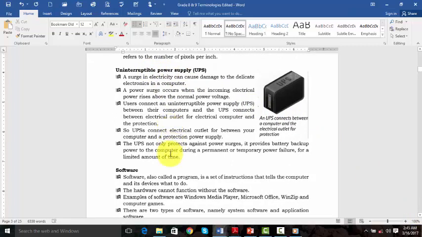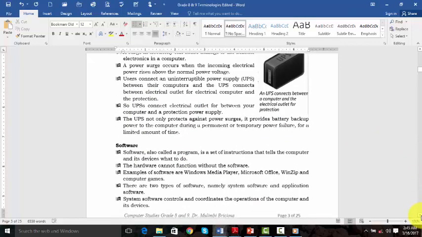One, it protects our computer systems from being blown off. Even at home, if we have a television, power will go and come back with high voltage, and that power may end up blowing off the computer system or the television set. The other use of the UPS is that it acts as a battery. When power goes, the UPS will be like a battery, allowing the user on the computer system to save his or her work. Thank you very much. So that was about the scanner and the uninterruptible power supply.